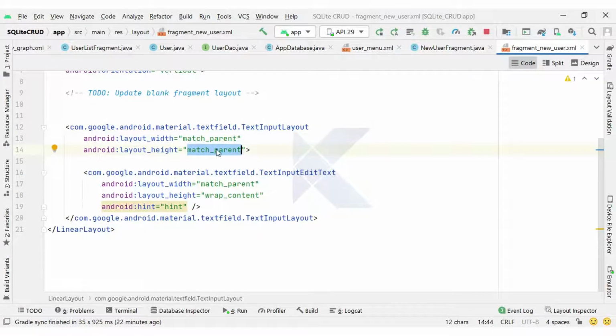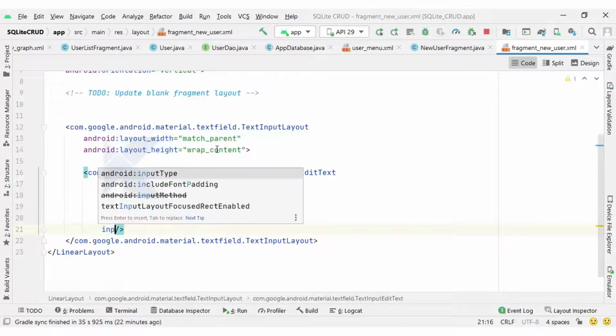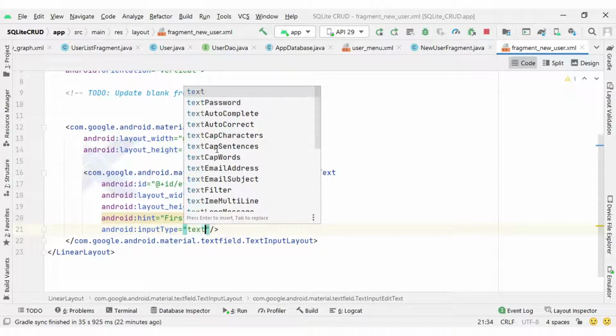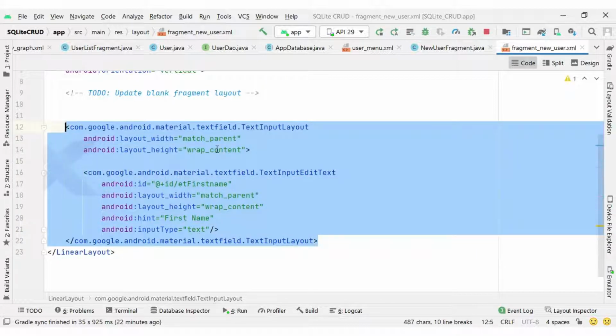With height we need to change here wrap content, and this edit text we will use for et first name, so I set the id accordingly, and hint I can set here first name. Also you can type here input type text. Okay, so first input control is ready.